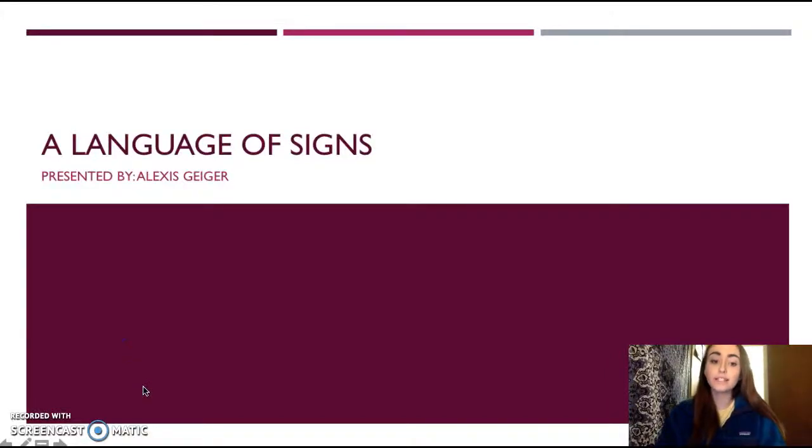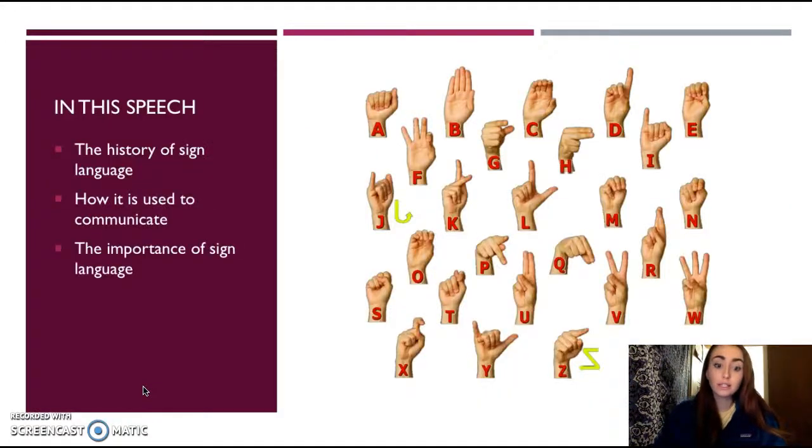We have all experienced a time when we could not communicate due to deafness. This is most definitely a communication barrier, which could result in detrimental misunderstandings or lack of communication at all. It is imperative that we as citizens recognize the importance of sign language. In this speech, I will discuss the history of sign language, how it is used to communicate, and the importance